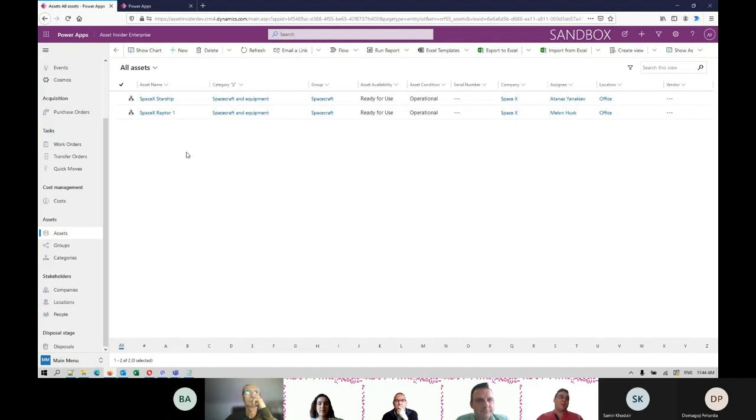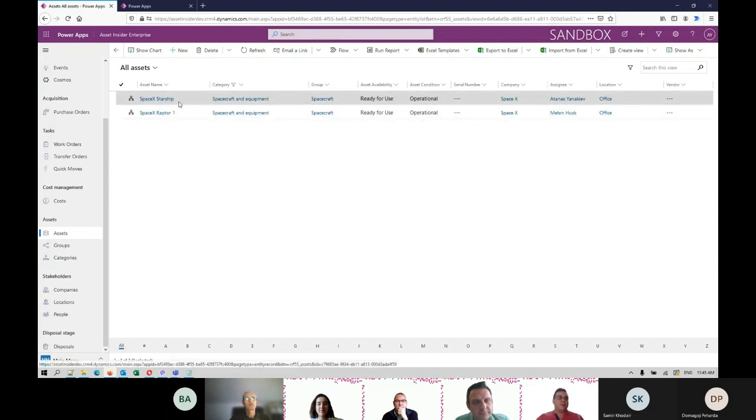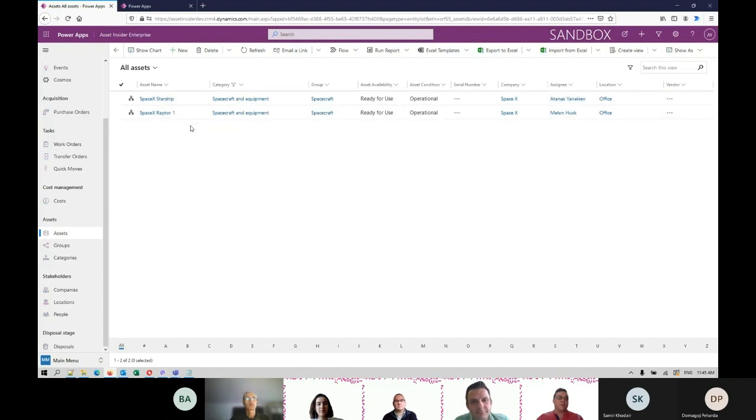Mind, it's a demo setup, it's demo data, just made for the purpose of showcasing the idea, but this is our application Asset Insider, and we have two demo example assets. Let's imagine we're launching a Starship, and on board we have 50 satellites from 20 countries. So the payload is very expensive, very important, and we really want to be on top of all of the